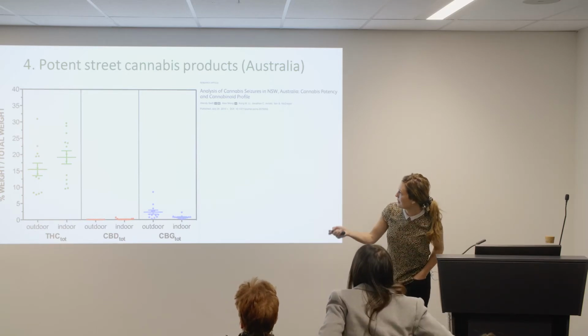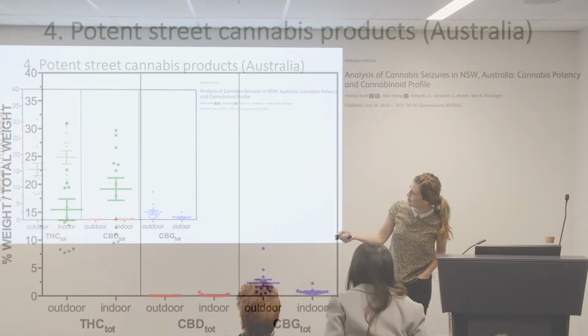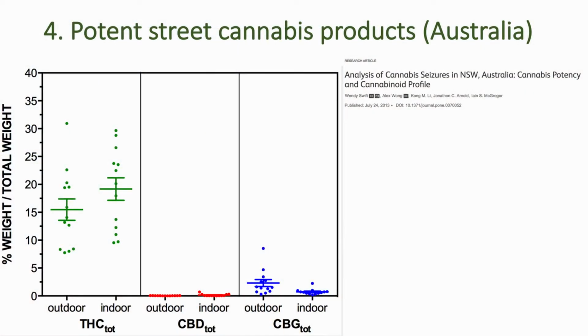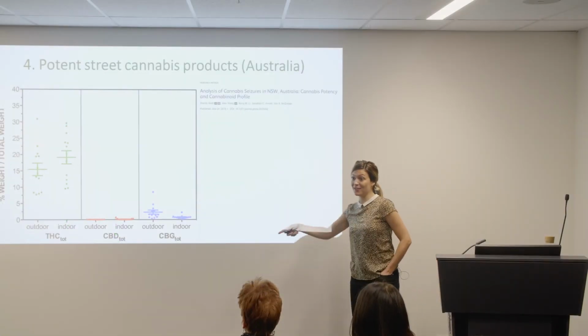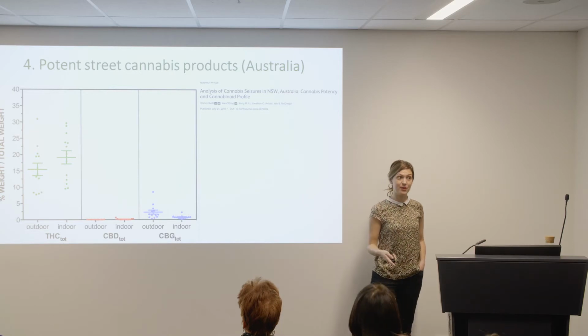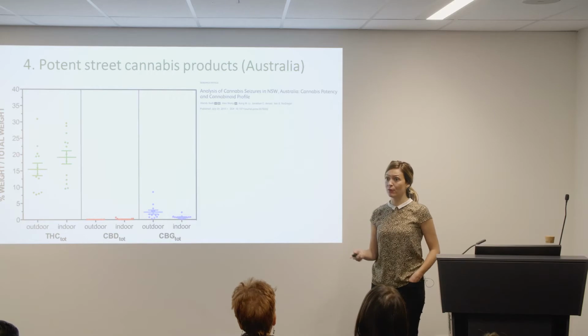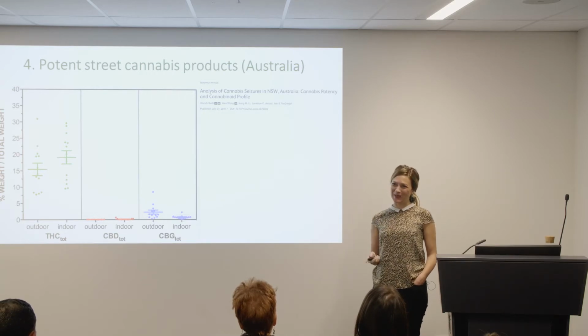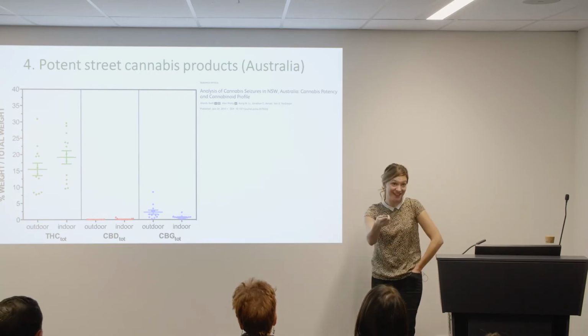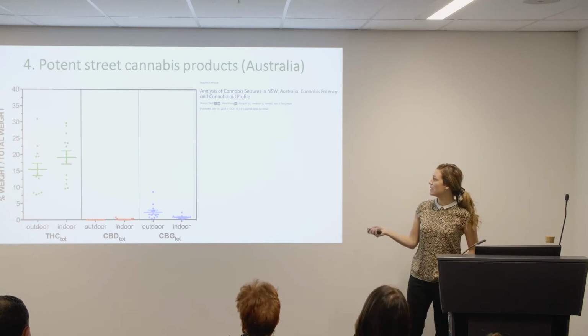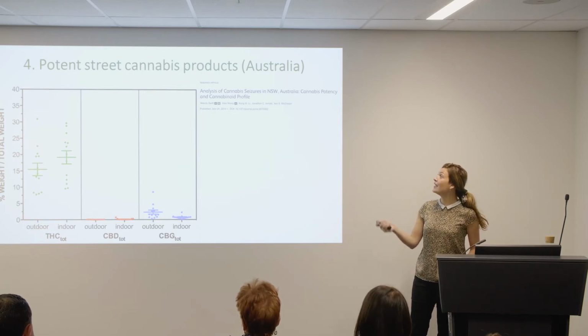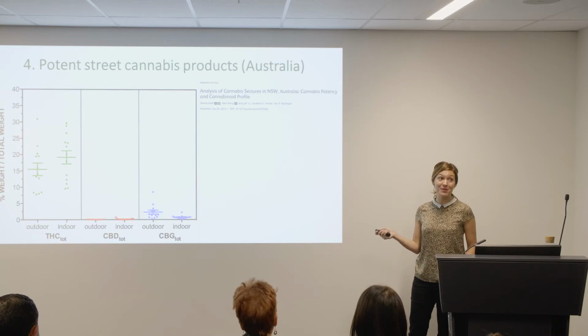But as you can see, a key message here is that the concentration of THC is very, very high, particularly in relation to the concentration of CBD. So it seems like, according to this, in Australia, there's very potent cannabis products with very low CBD, and potentially this has implications for higher addiction liability or higher intoxication, higher highs amongst people who smoke cannabis. But we really are in urgent need of updated